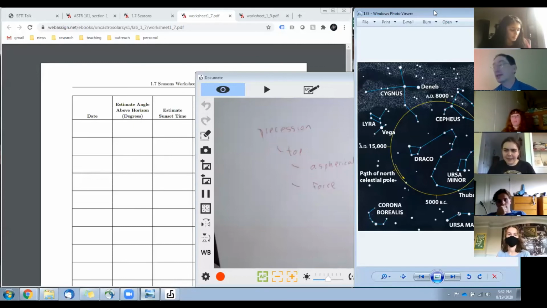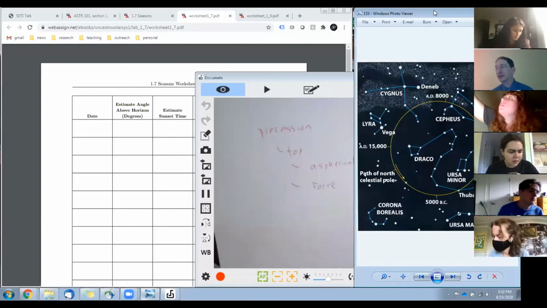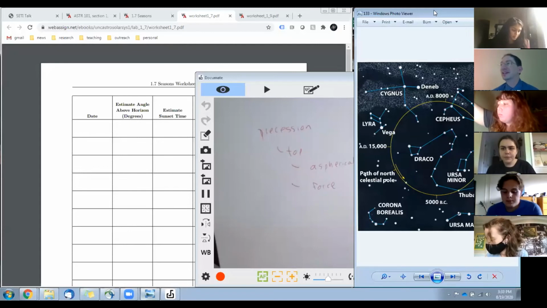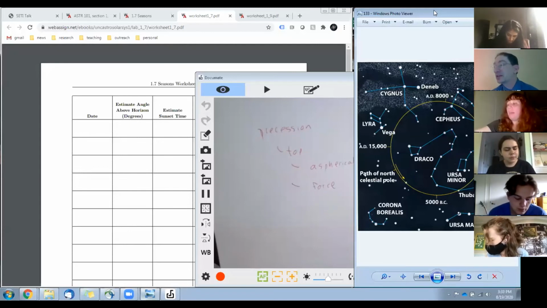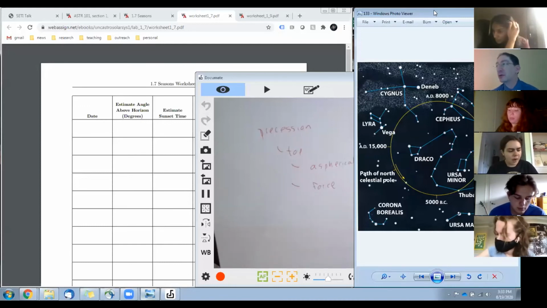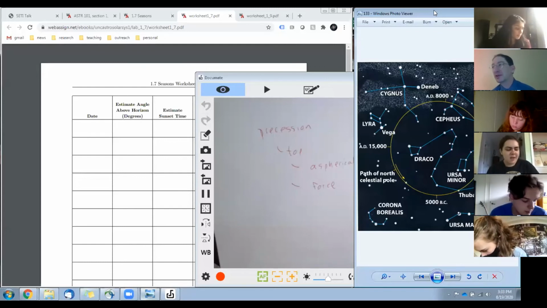Yeah, you can find that under motion of the celestial sphere. If you go there in the WebAssign ebook, which is just a collection of notes, down in the exercises, it describes what to do. It's basically drawing a sketch of the northern sky, drawing a sketch of the southern sky, coming back a few hours later, drawing those sketches again, and really seeing the motions of the stars that we're talking about. It's one thing to understand it intellectually, but it's another thing if you can connect it to your own observations.